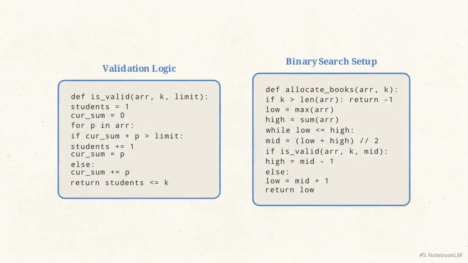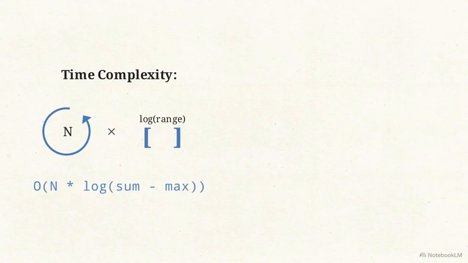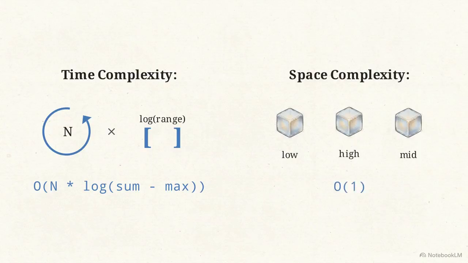In code, the isValid helper function iterates through the array, incrementing the student count when the page limit is breached. The main binary search loop then uses this result to adjust the low and high pointers, exactly like our dry run. A quick edge case: if students outnumber books, return -1. Performance-wise, binary search takes log of the search range, and each step iterates through n books. This gives a time complexity of O of n times log of the sum minus the max. Since we only use a few integer variables for our pointers and sums, the space complexity is a highly efficient